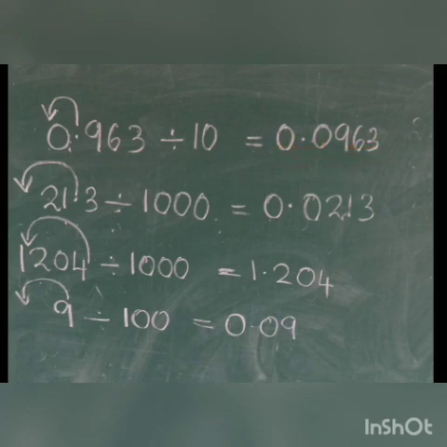0.0963. Earlier the point was here, isn't it? Then we have to shift it to the left. So I added 1 zero here, because there is no number, so I added 0. Next example,